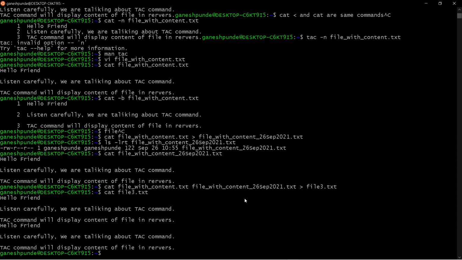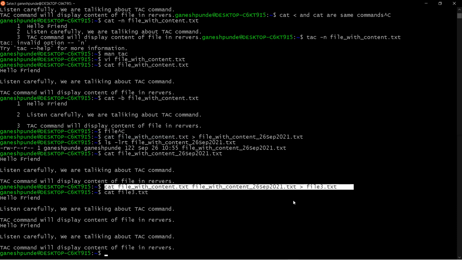So what I am doing basically by using this redirection operator is, in some cases you have multiple files, and those files have millions of records, millions of lines of content. You can simply use this command and write that content to a single file. So instead of merging manually, you can do this in a single command, right?